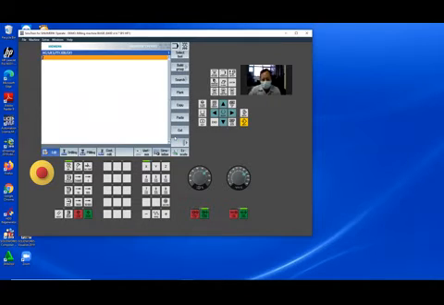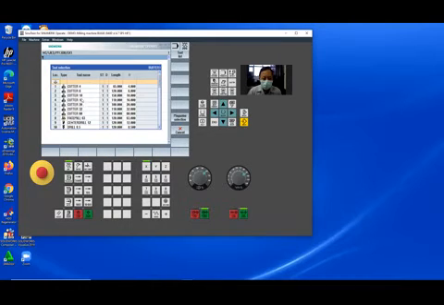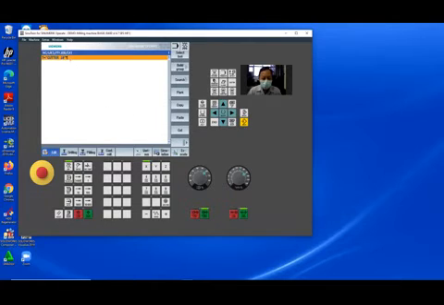Okay. In here, you can start with T. Oh, no. Select tool. For example, I want to use cutter 10. Follows M6.